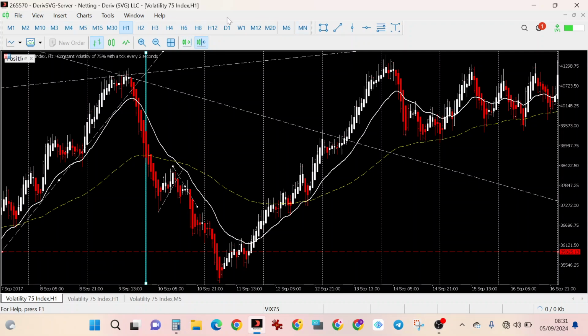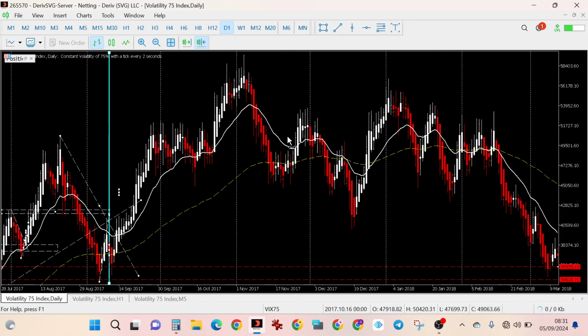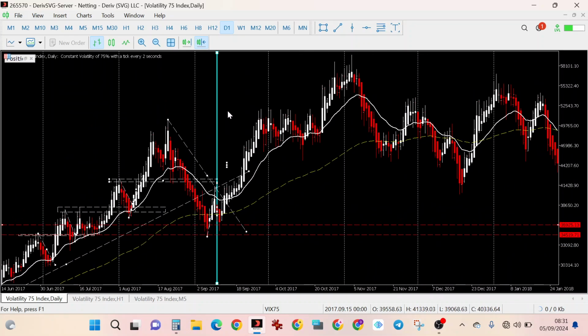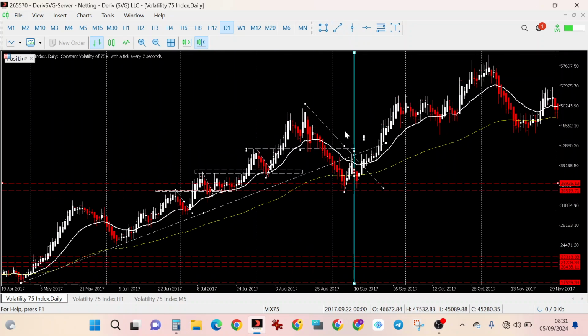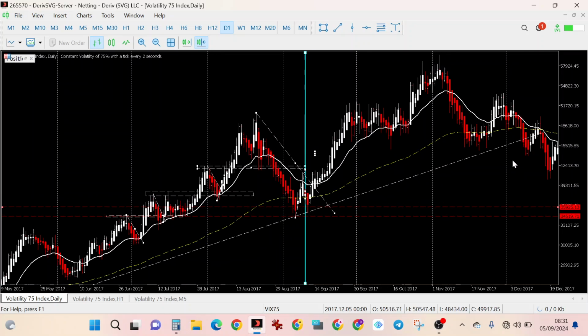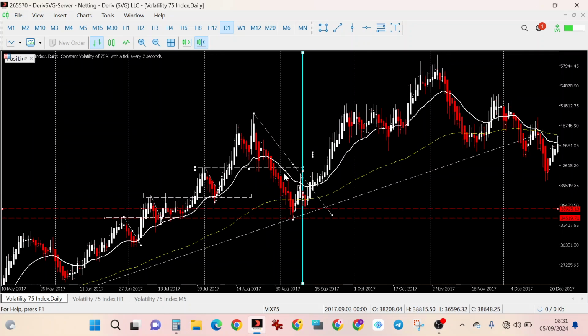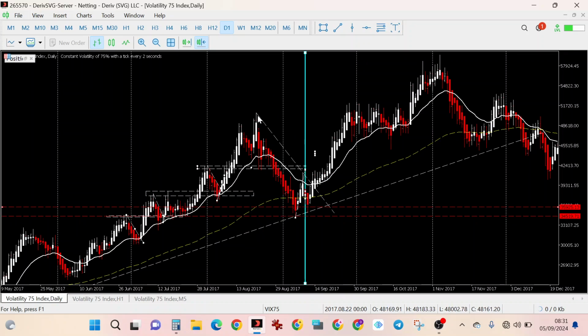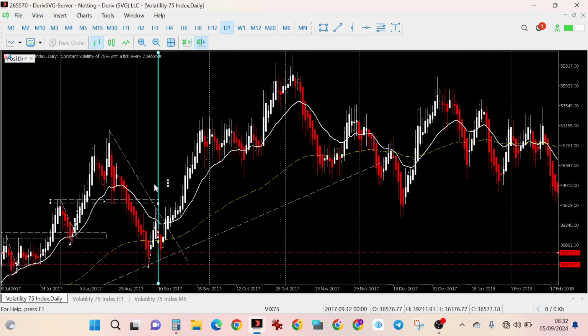Let's go back to the daily chart. So at this point now, the market already broke the trend line, so you can start drawing the trend line. Also, another thing you should note is when the market is breaking the trend line like that, this is also another opportunity for you to take a trade. So if it breaks a higher time frame trend line like this one here,